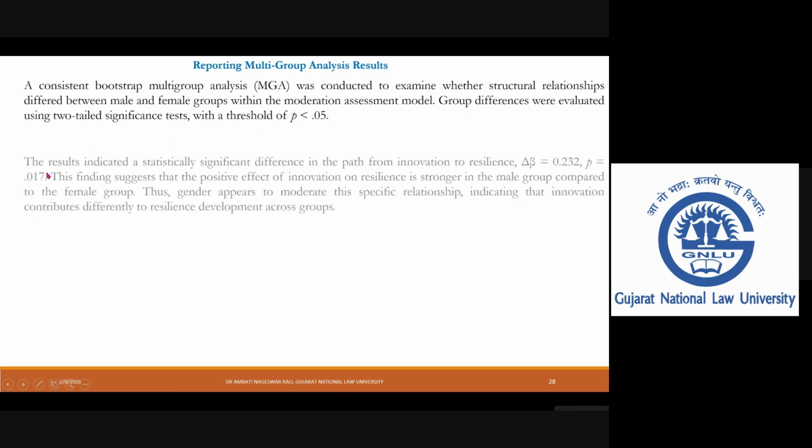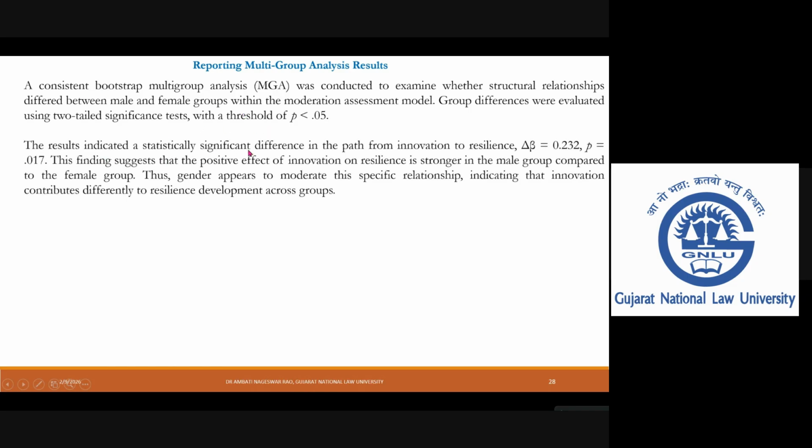Bootstrapping multi-group analysis was conducted to examine whether structural relationships differed between male and female groups within the moderation analysis. The group differences were evaluated using a two-tailed significance test. The results indicated a statistically significant difference with reference to innovation to resilience.